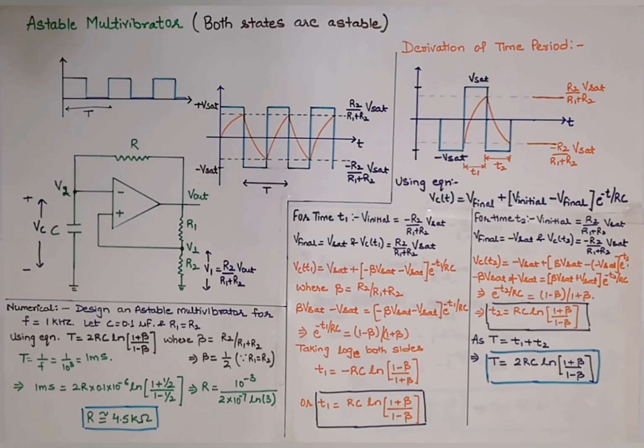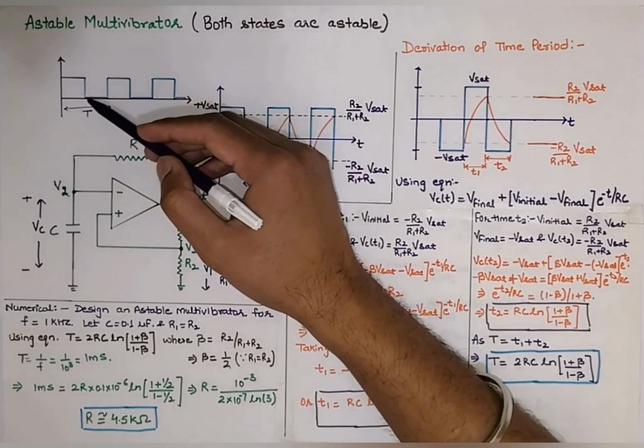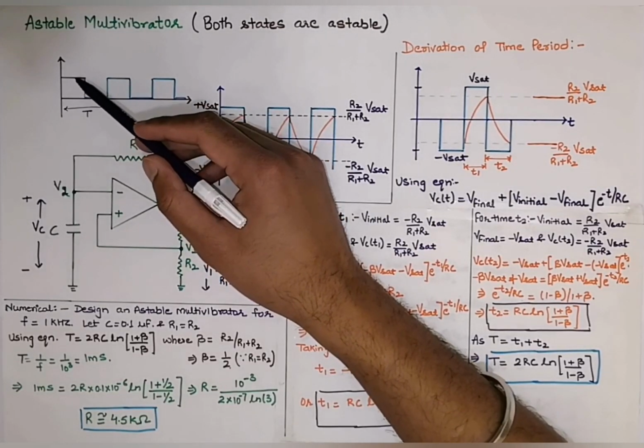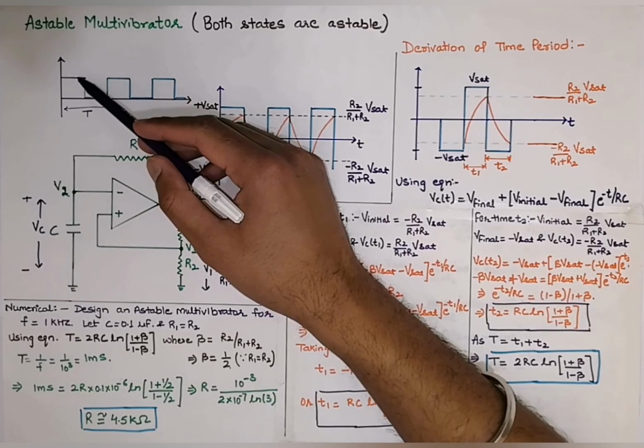Hello all. Today we will discuss astable multivibrator using operational amplifier. As we know, in astable multivibrator both the states are unstable or astable. That's why it is also called a free running oscillator. As you can see in this figure, our output voltage is switching or making transitions between the high output and